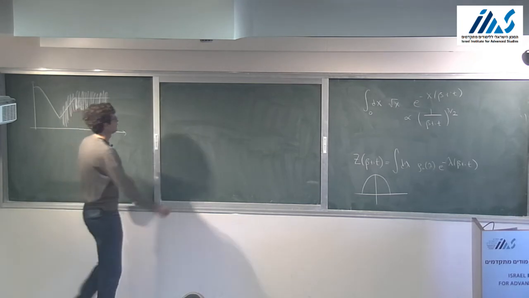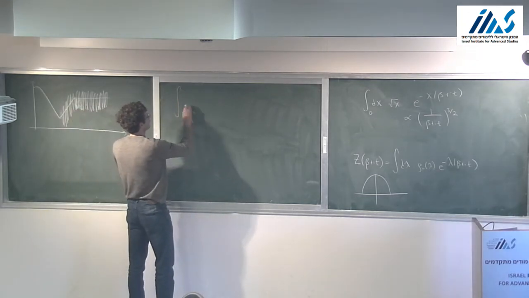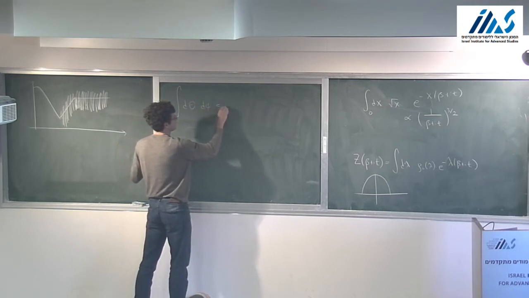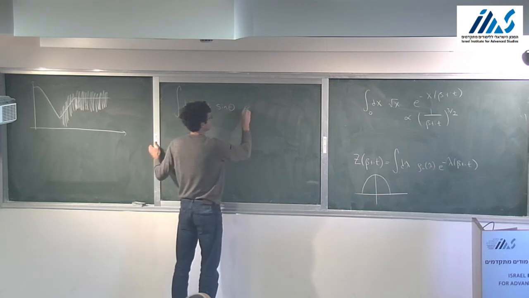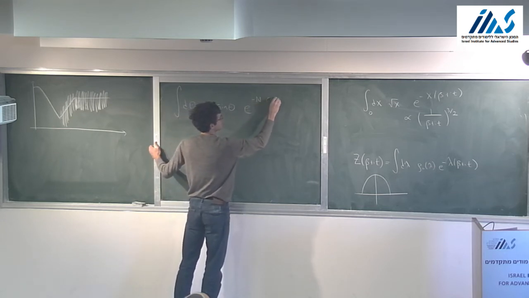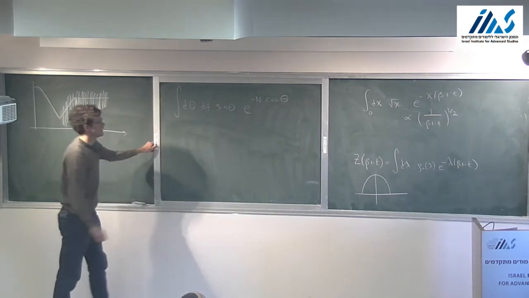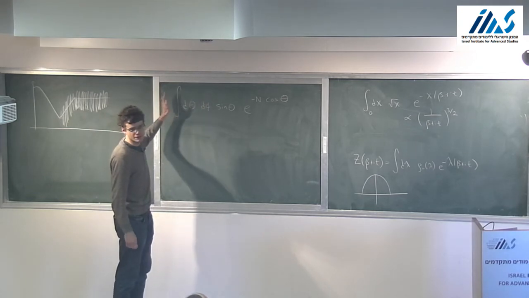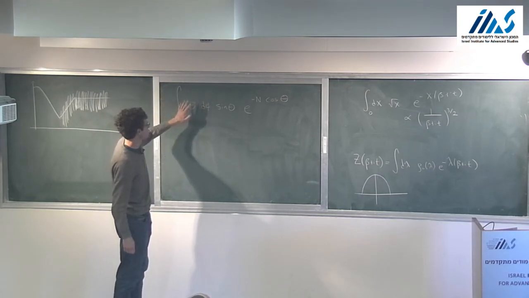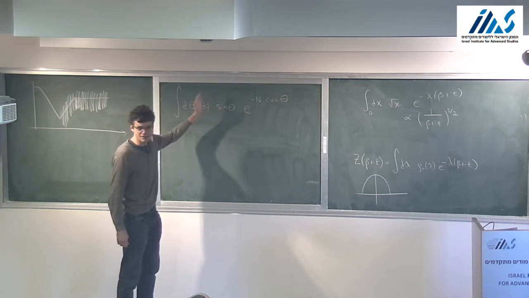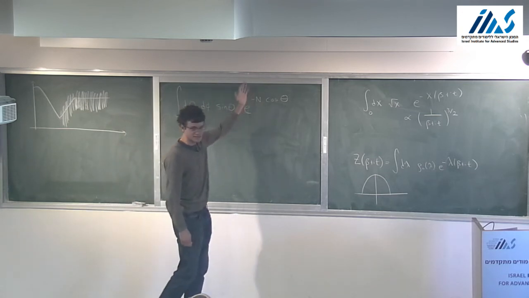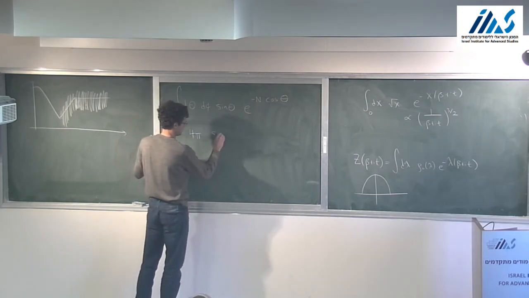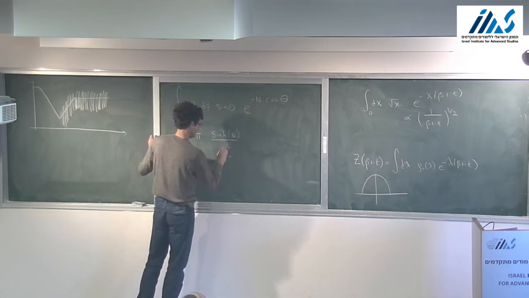Okay, so for an example of a one-loop exact integral, consider the following. We're going to do an integral over a sphere of the function e to the minus n times cosine theta. Now, how do you do this integral? Well, the d phi integral decouples. That gives a factor of 2 pi. And then you change variables to z equals cosine theta. d theta sine theta is dz. And we do an integral dz e to the minus nz. And we get the expression 4 pi sinh of n over n.